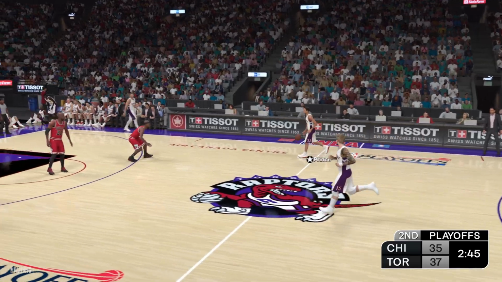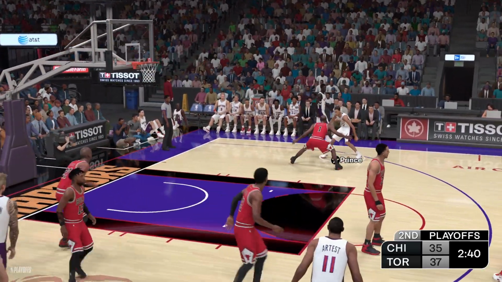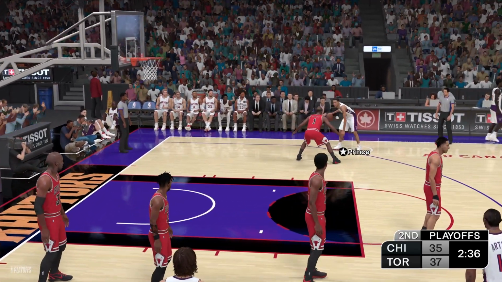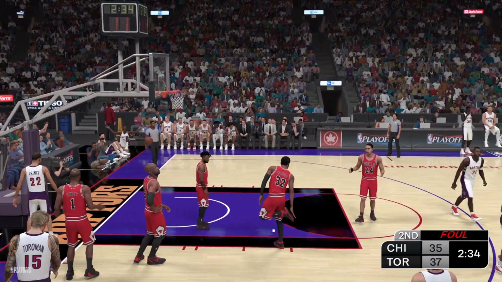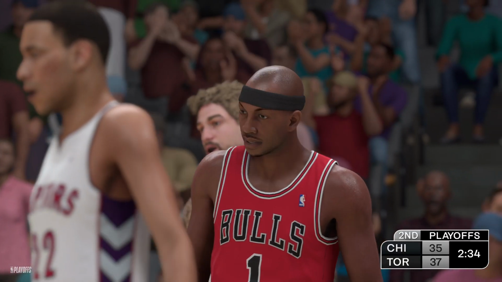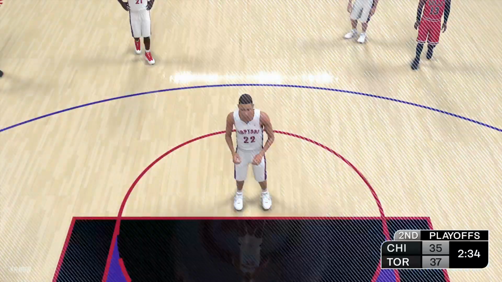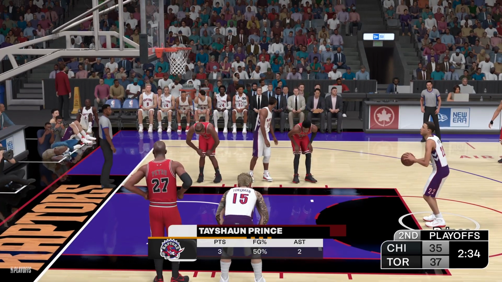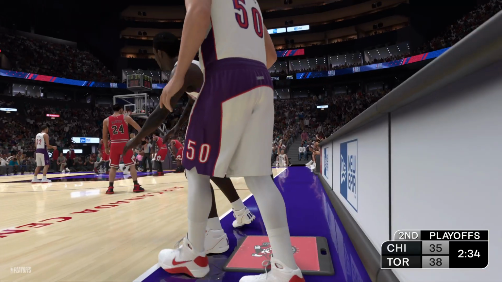Raptors have gone 7 of 14 in the second quarter, shooting to the tune of 50%. Prince outside. And he could not get that one to go. A lot of contact, and he'll go to the line for 2. And really the defense fouling there to prevent the layup, but that's exactly what you need to do. It is. I mean, no reason to back off and give him the layup. I mean, much better off making him go to the line.